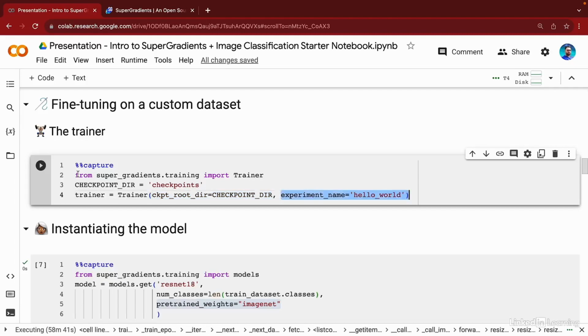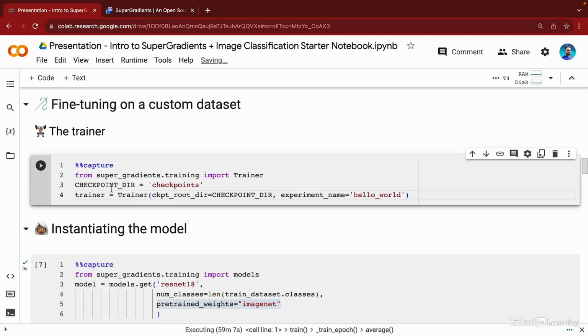After that, we go to the experiment name. So all the checkpoints, logs, and TensorBoards will be saved in a directory with the name you specify here. SuperGradients supports data parallel and distributed data parallel. That's outside of the scope for this introduction to SuperGradients, but if you're fortunate enough to have multiple GPUs, I envy you. But if you had those multiple GPUs and you wanted to know how to leverage SuperGradients to use